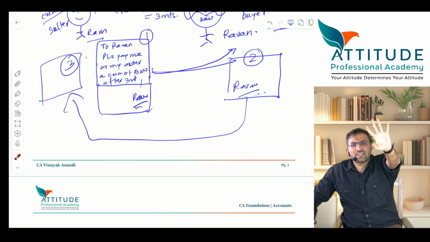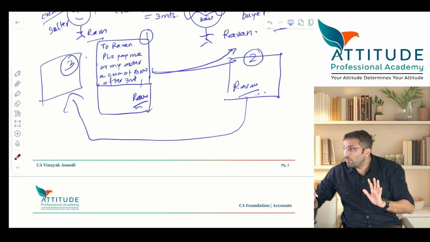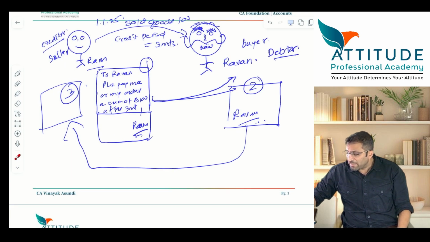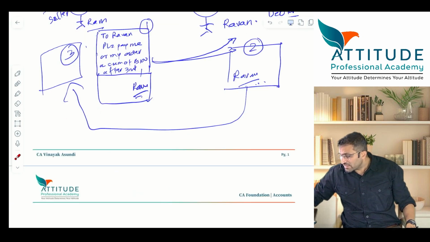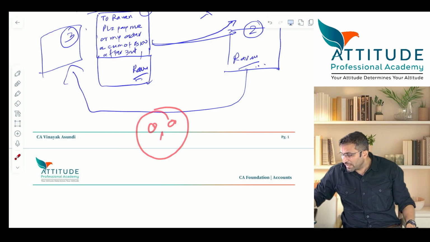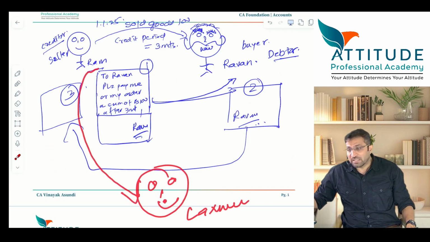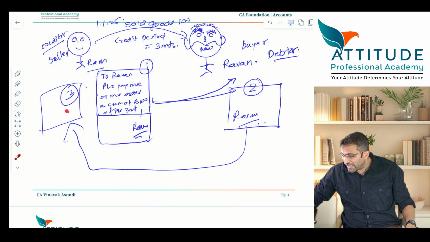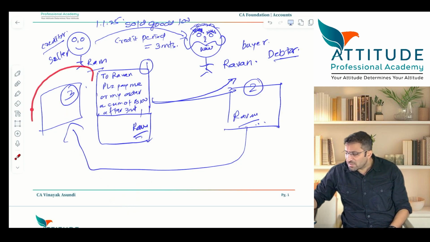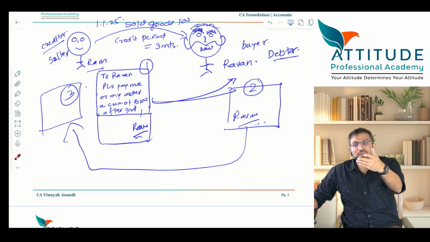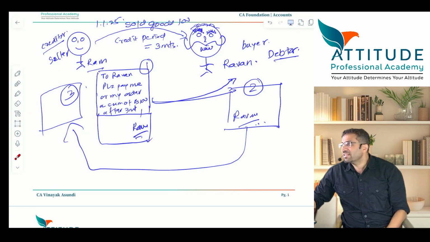Able to understand the story? Later on everything will come, but I am telling you the ways in which this bill can be used. The bill can be held by Ram up till what? Maturity. The bill can be discounted with the bank, and the bank will give money to Ram. Or else there might be one person known as Lakshman. Now let us assume that Ram has to pay some money to Lakshman. Instead of paying money to Lakshman, Ram can give this bill to whom? Lakshman. This is known as endorsement of the bill. So there are various ways in which this bill can be used. That is why a bill of exchange becomes very, very vital, very, very important.